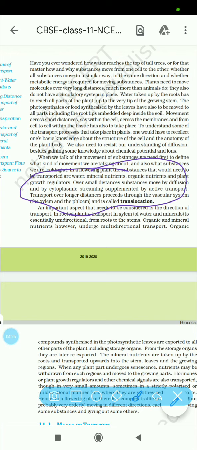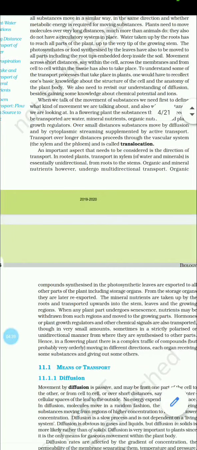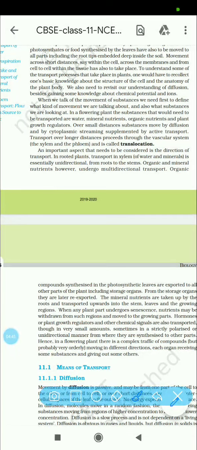If you know chapters 5 and 6, it has been mentioned in the 6th chapter, plant anatomy, that the vascular system mainly consists of xylem and phloem. This xylem and phloem play the role for translocation. So transport over long distances proceeds through the vascular system, which is mainly the vessels like xylem and phloem,